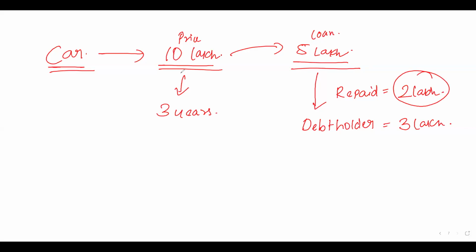Now the question is, in these 3 years, when the owner used the car, he has set up additional accessories in the car worth 1 lakh rupees, which can be dissociated from the car and immediately sold off. So let's suppose he has installed a home theater or a sound box in the car, which is worth 1 lakh and can immediately be sold off. Now, this was a kind of short-term investment in the car, an asset in the car that he installed. Now, he is asking you